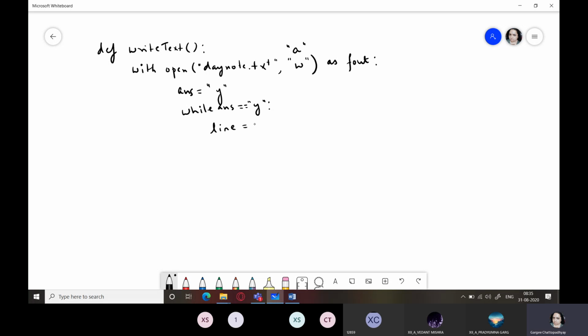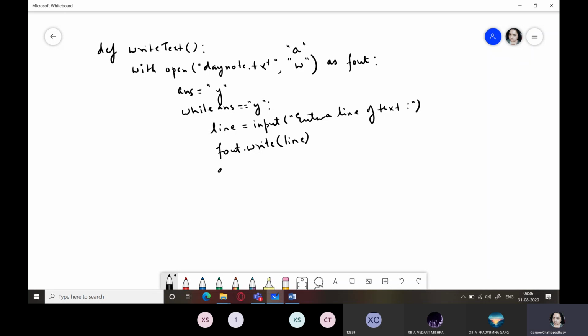First read a line from the user, enter a line of text, and then you have to write this to the file. So how will you write? F out dot write line.